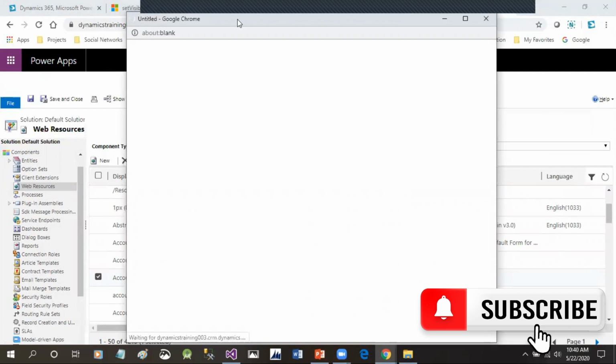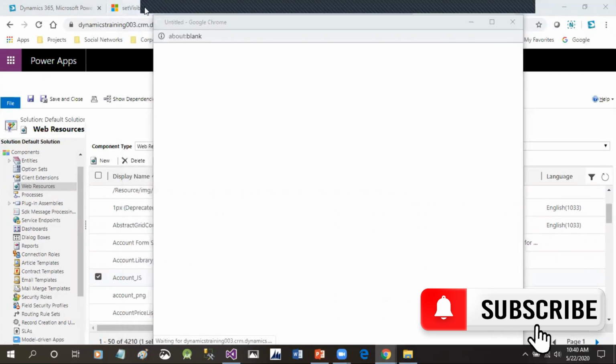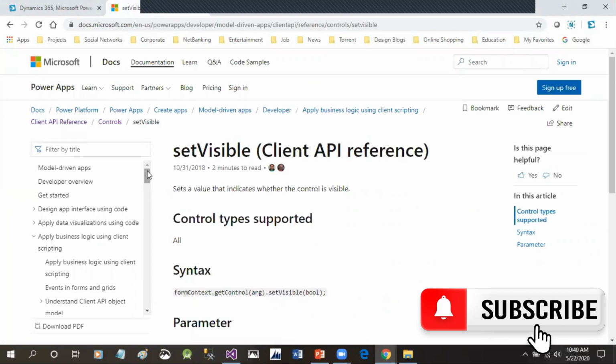Now, in the meantime, it opens. I can tell you that Microsoft has enough resources, enough reference materials that you can go through for client script. There are many, hundreds of JavaScript syntax that can be used.